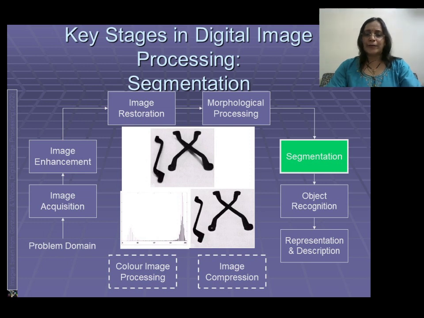Here in this particular image we are giving the input as a full image, but at the end as output we are getting the different partitioned image. So we are not getting all the contents of the image as it is at the output in segmentation. In the previous techniques like image enhancement, image restoration, image morphological processing, we are giving the input as a full image as well as getting the output as a full image.